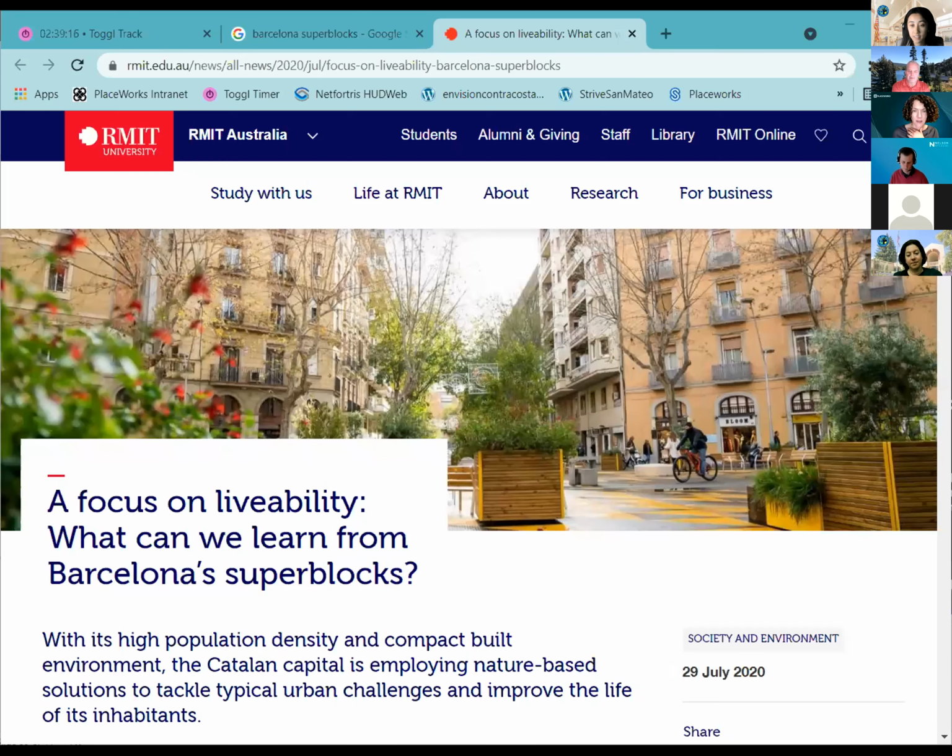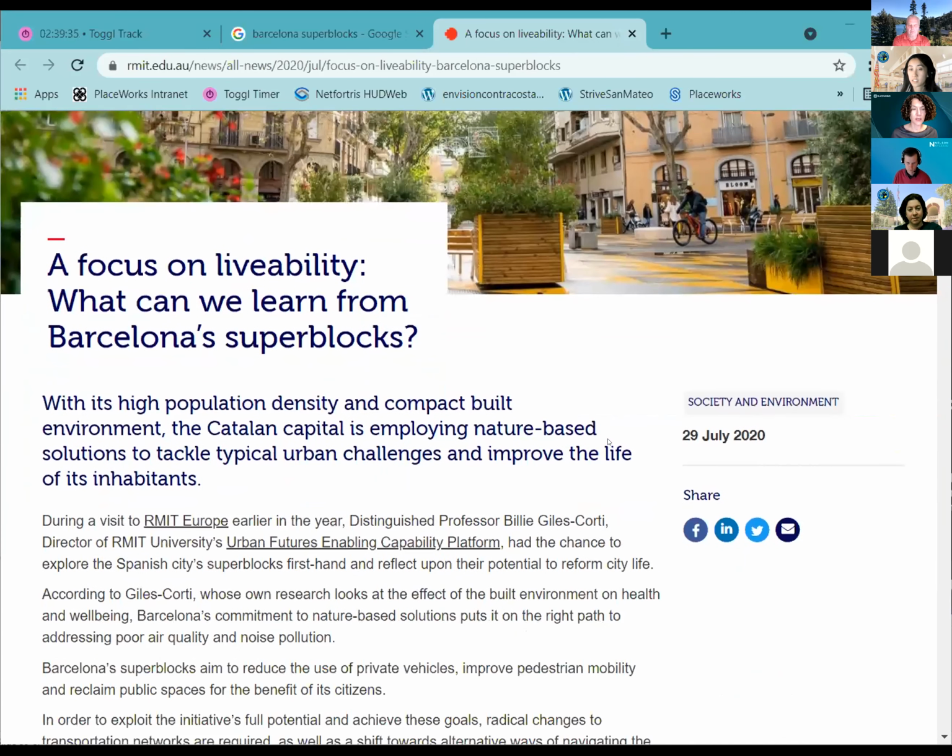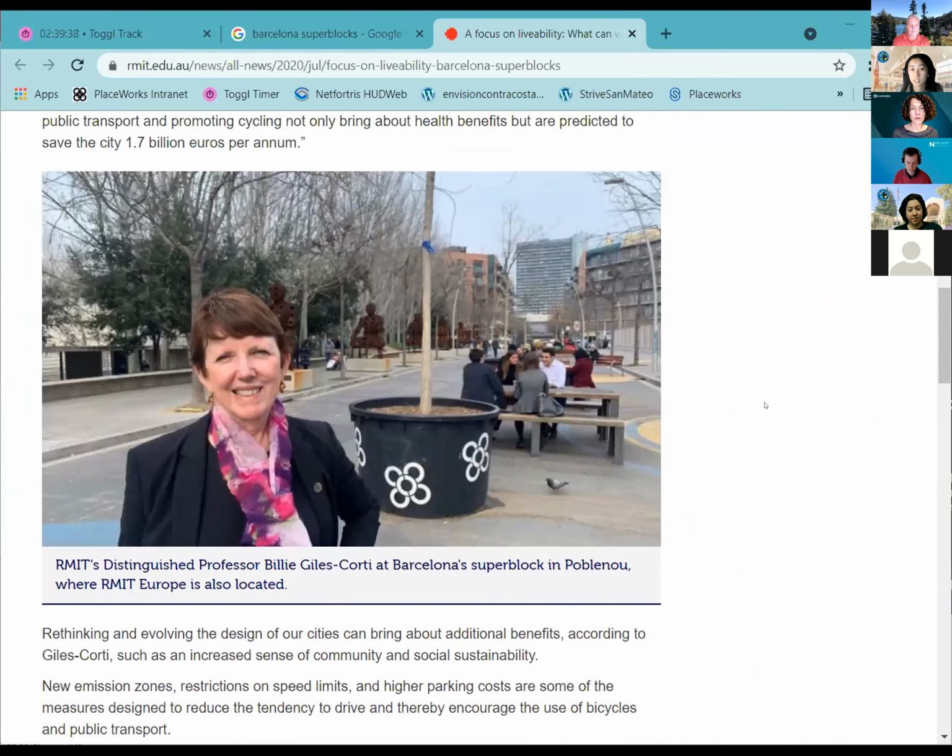So let's see here. This is kind of an image of what Brian was talking about, where the street is visually blocked off, but if you needed to get an emergency vehicle or a delivery truck, or if you were a resident that needed to get to a home on this street, you could navigate your way through here, but casual everyday traffic is not going to go in there.